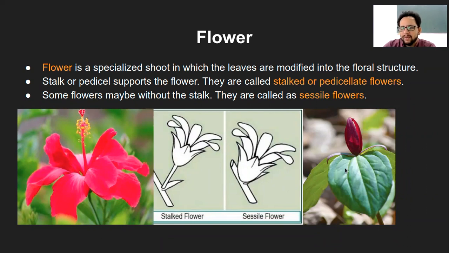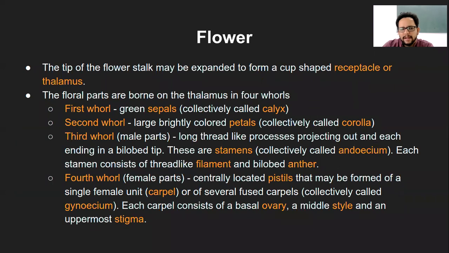But as of now, sessile flower and the pedicellate or stalked flower, these are the two types of flower. Apart from these, you will find several classifications of the flower. So this is the classification based on the presence or absence of a stalk, either way. So these are the two types. I assume you don't have any question here. If at all you have, you can ask. But I'll move forward. Now here, these are the different parts which are mentioned.